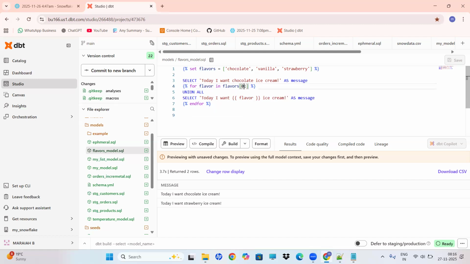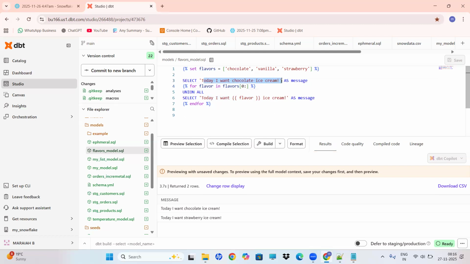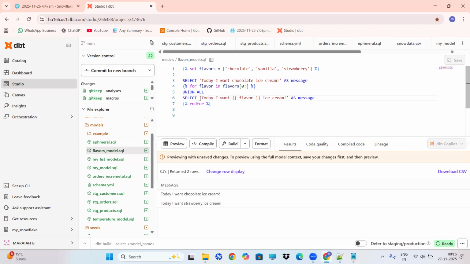I'm using -1 here. Then it's going to print this one, then again union. It will take flavor -1 from the background, but it won't go through strawberry, vanilla, chocolate like that. It will go only -1, then it will go to endfor. From the start it moves forward, but when we give minus, it gives only that one. Suppose if I give -2, see,